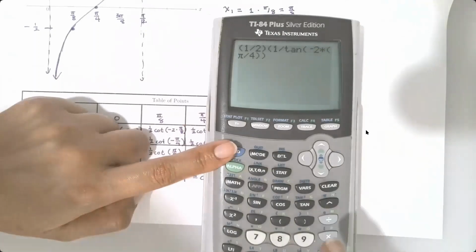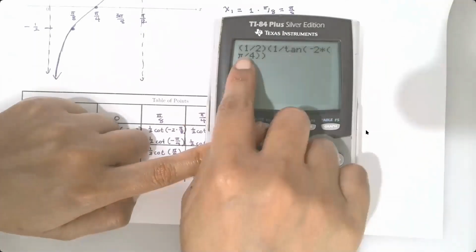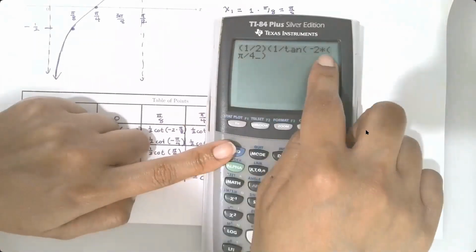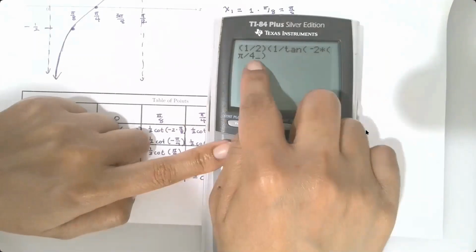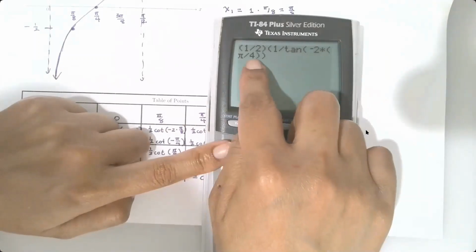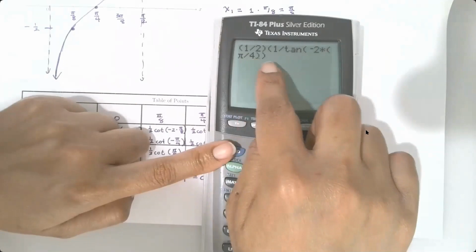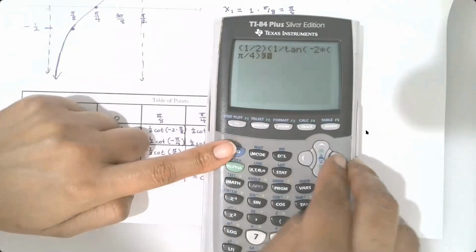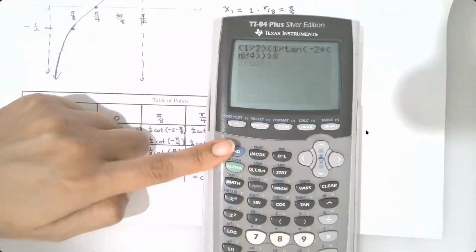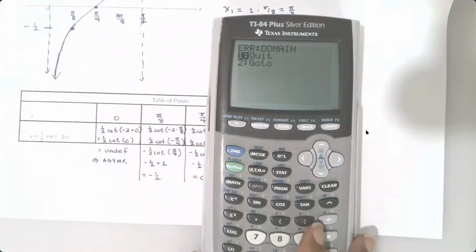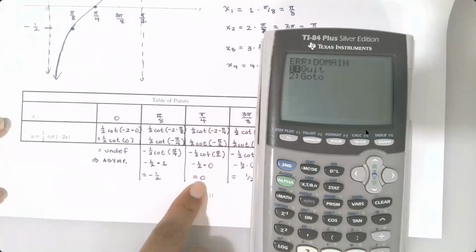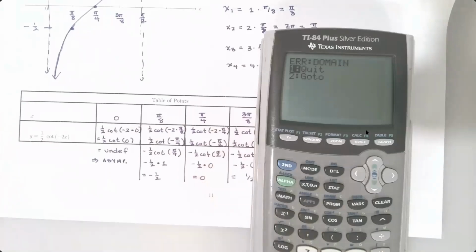See, is that balanced? We've got open, close, open, and then open, and then open. This closes the fraction of pi over 4. This is going to close the tangent, and then I would need one more to close the 1 over tangent. That's going to give me a domain error, and so I might be tempted to think, oh, this means that there must be another asymptote here. But really what's happening is that because we're computing it as 1 over tangent,